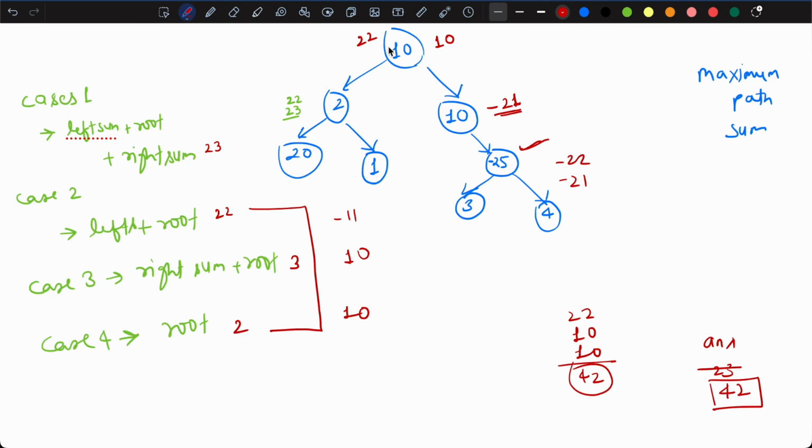So we'll stop here. We will reach the original call, come out of the recursive function, and our final answer is holding 42, which we are going to return. So yes, this is the correct answer, and the path is this